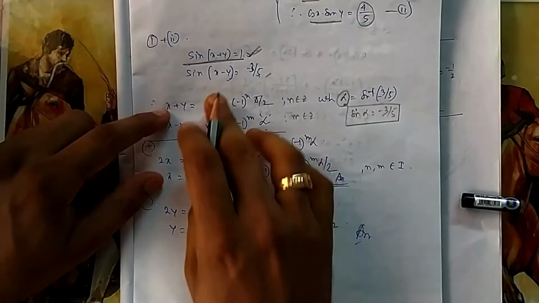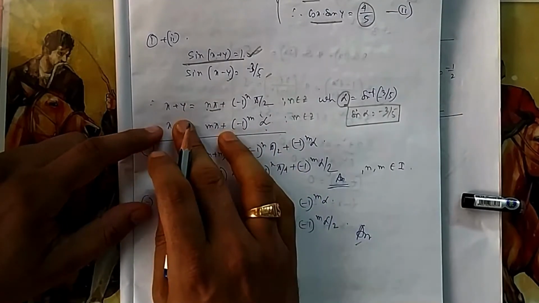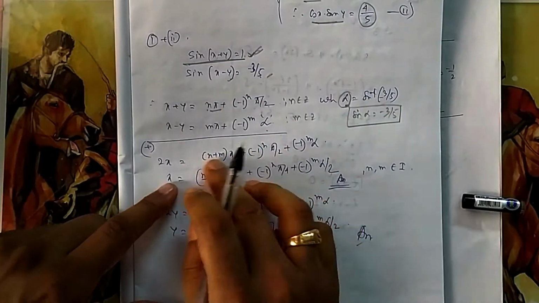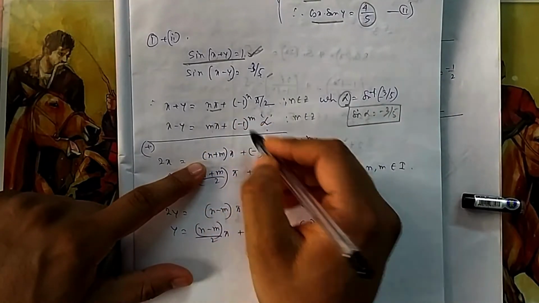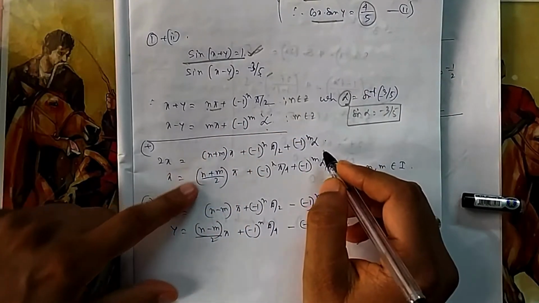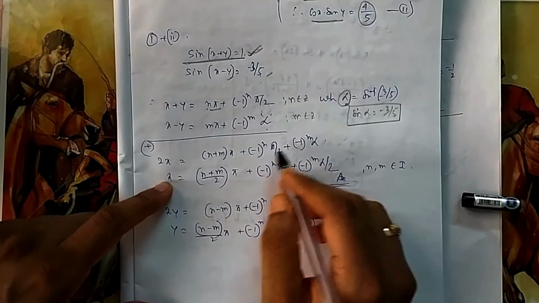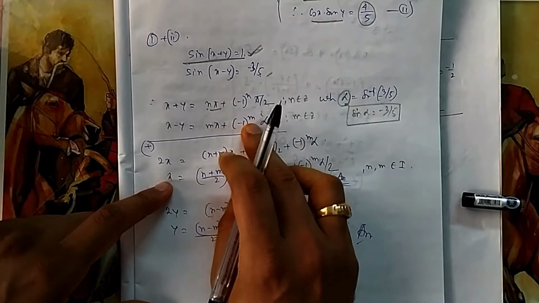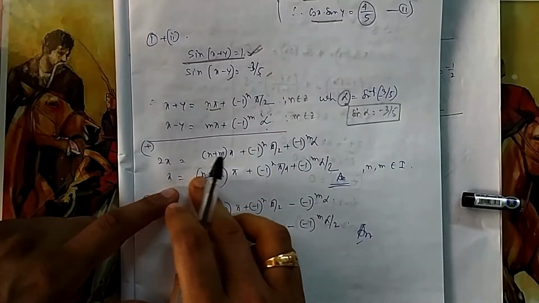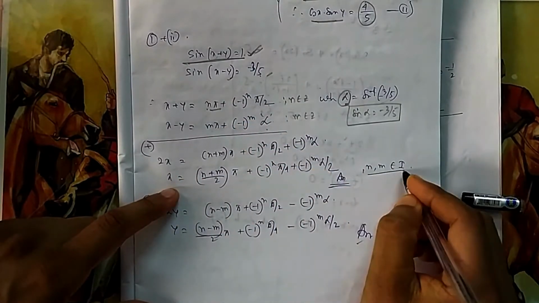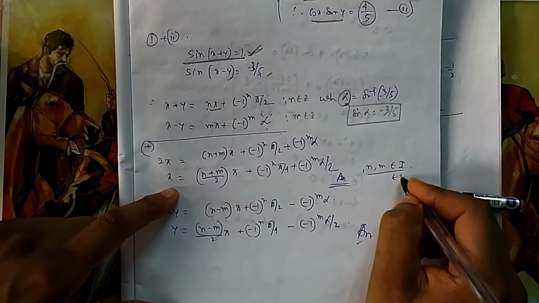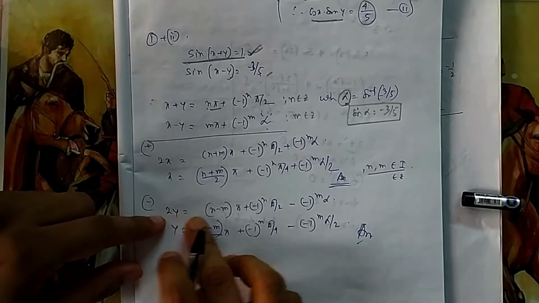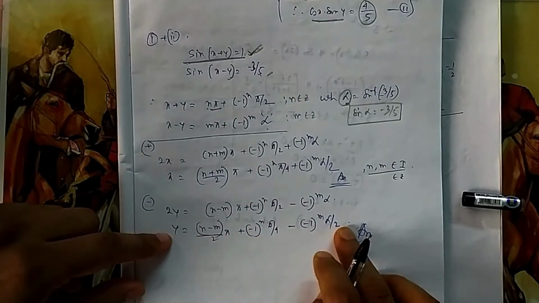Okay. So now you simply solve for x and y, what you have done in class 10, that you can apply. You add these two, then 2x will be something of this form, n pi plus m pi, so simple addition, pi by 2 plus this one. And you can take minus 1 to the power n or minus 1 to the power m. You cannot take common because one is n, one is m. So x will be this divided by 2, where n and m both are integers. You can write it in this fashion, you can write it in Z also. If you subtract this, then this is 2y. So 2y will be equal to this and y will be equal to this. So this is the answer.